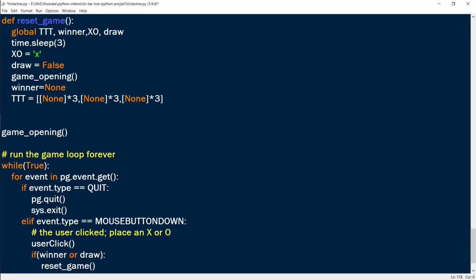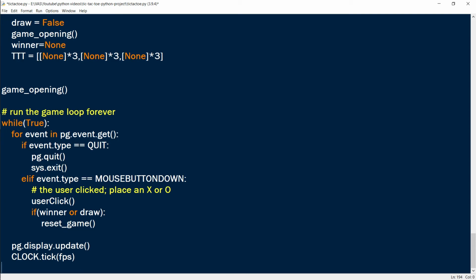Then if the user wins or the game draws, we reset the game by calling the reset_game function. We update the display in each iteration, and we have set the frames per second to 30.